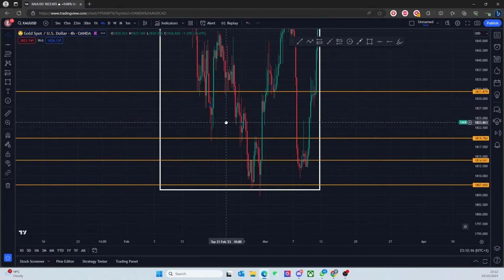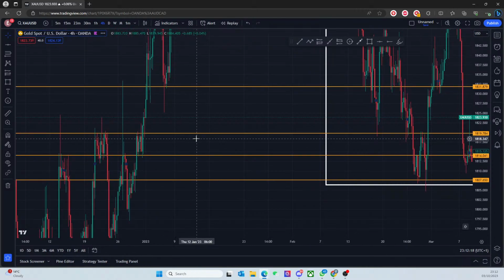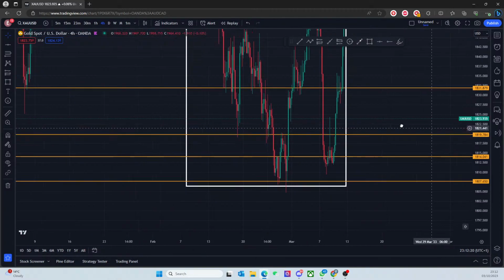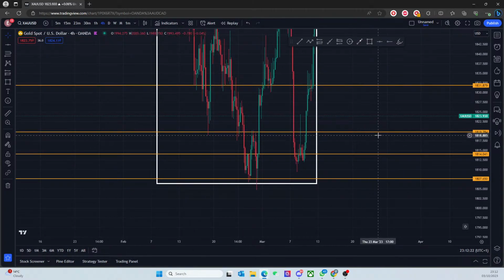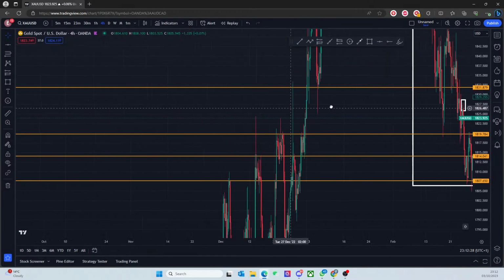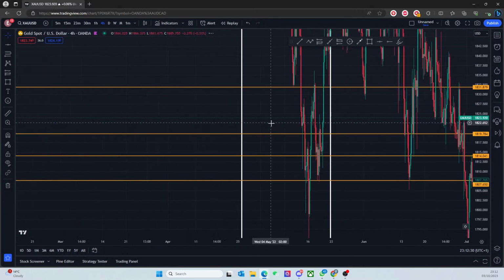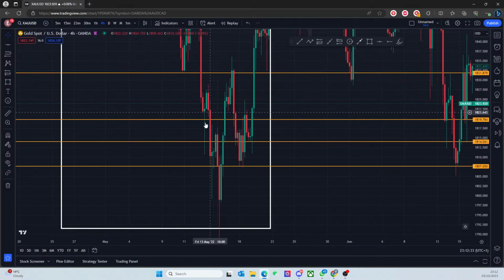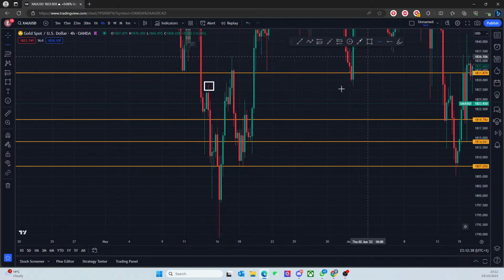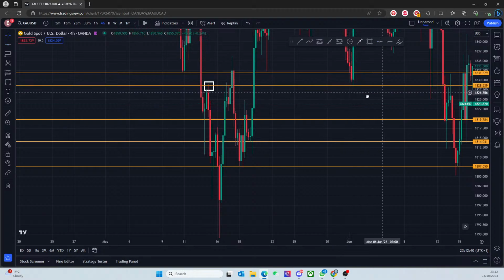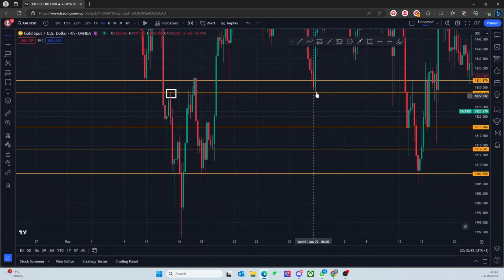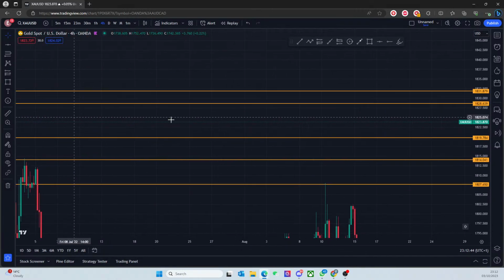So if we do get a closure below 1819, cool, we'll look for some sells, for the last time, like where it kind of drove. And I'm looking at these sorts of areas, right? If we look at the other box that we're interested in, every time we got a closure below here, we drove towards these sorts of areas, right? We drove from those sorts of areas. So I'm going to mark this up as this, which is potentially the top of my range, right? That's just all I do.